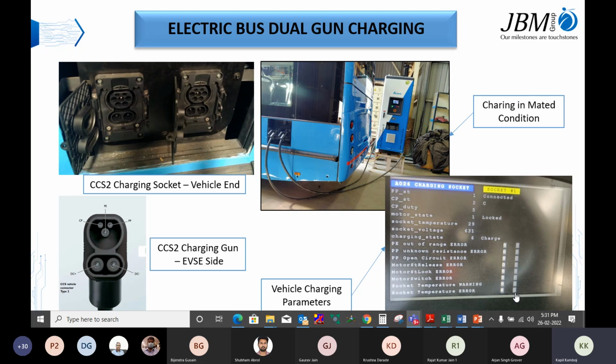So we have defined the terminology and the methodology used to define the IR, and how to detect which system has the IR failure, because IR checking is the only typical process left in electric buses. Sometimes it took us 7 days to reach the root cause, like water inside the battery. When the bus is moving in a tilted area, only then is water touching the cells, maybe the cell tips. That was the issue we faced. So maybe Nishant can flash that page where we have defined the complete